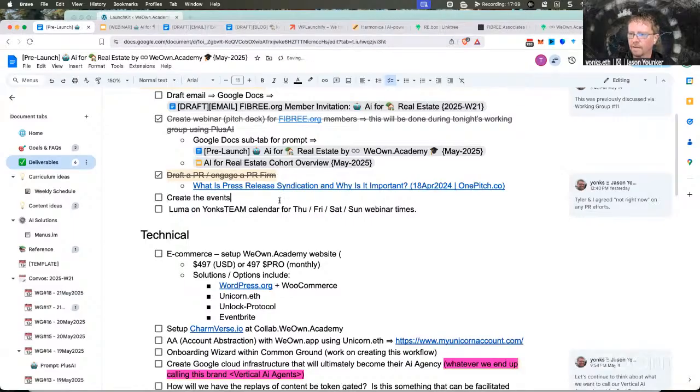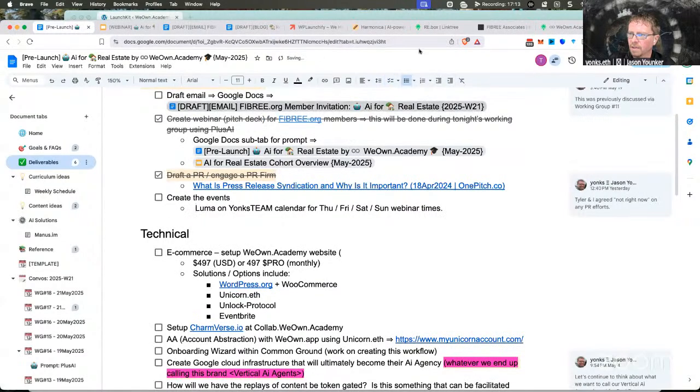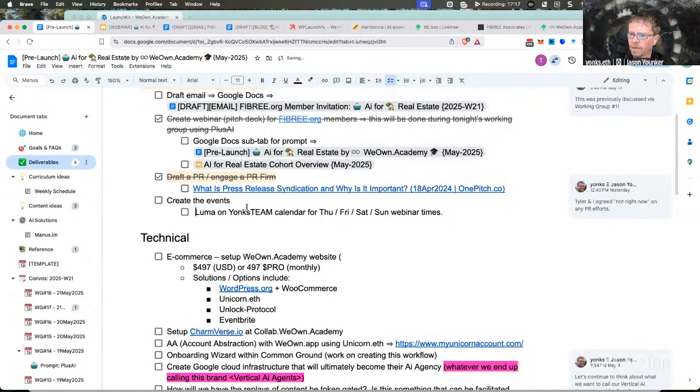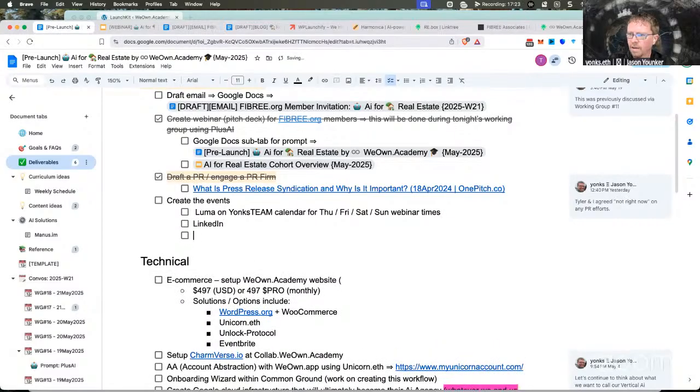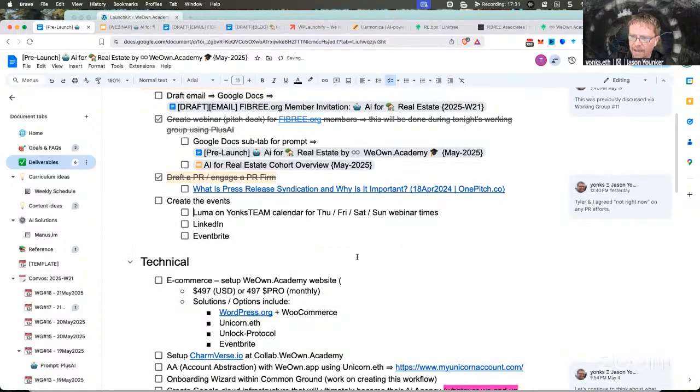Let me indent this where we've got Luma, and I'm going to make this a checklist: Luma on Yonk's team calendar, LinkedIn, Eventbrite. I think that's good enough, and we can take off what that looks like for the Eventbrite.